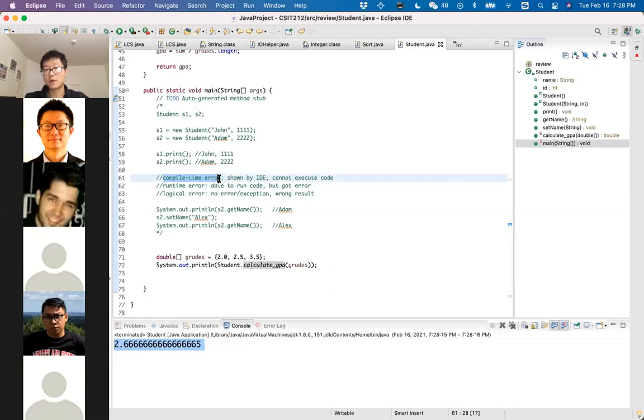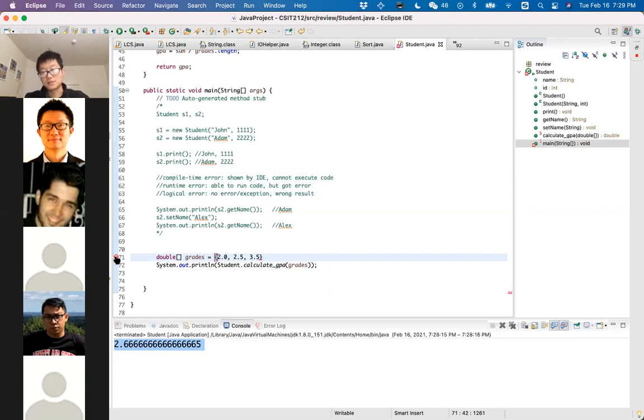It's like a grammar error in your code. For example, if you forget to have a semicolon in your code, it's like you are writing a sentence without a period at the end of it.